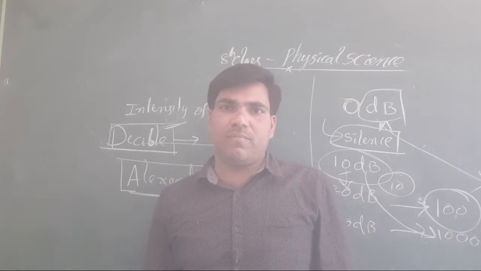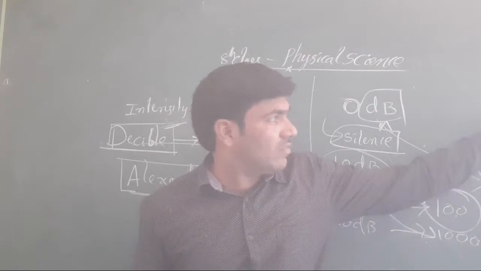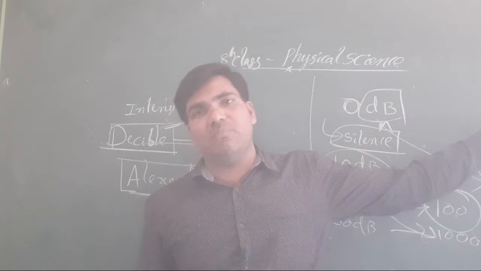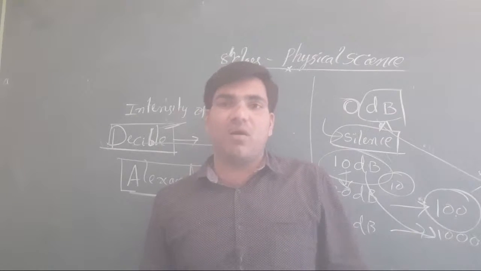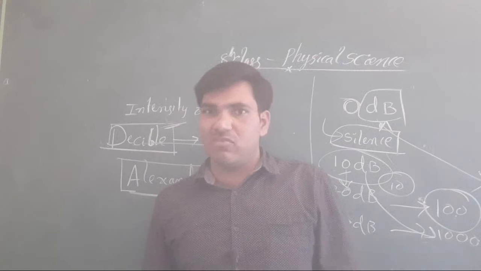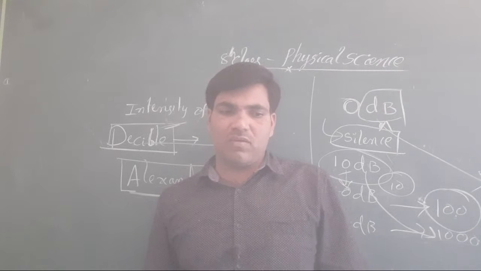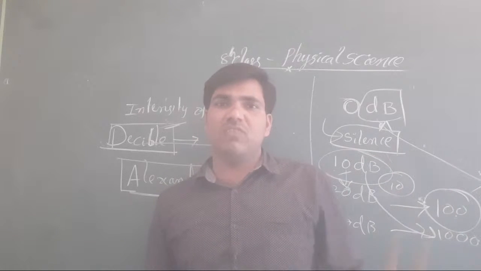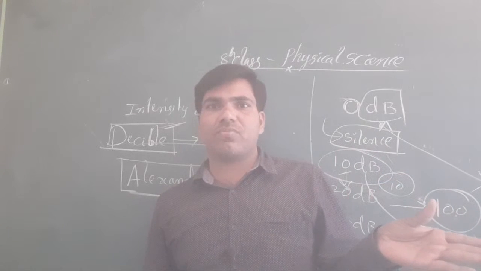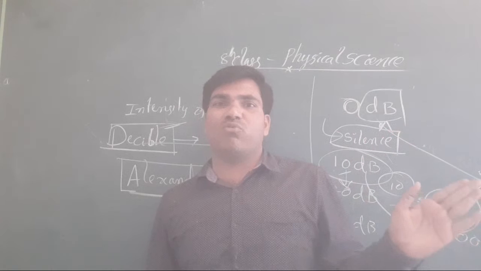Suppose now I am silent. Silence means no vibrations. 40 decibels is nothing but 10,000 times the 10 decibels. After this there are no vibrations. Now we start the vibration, that is 1 decibel. Now silence. Now I start some sound, 1 vibration or 2 vibrations. This indicates the intensity of sound.